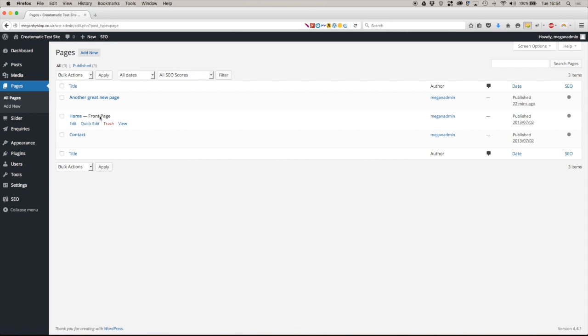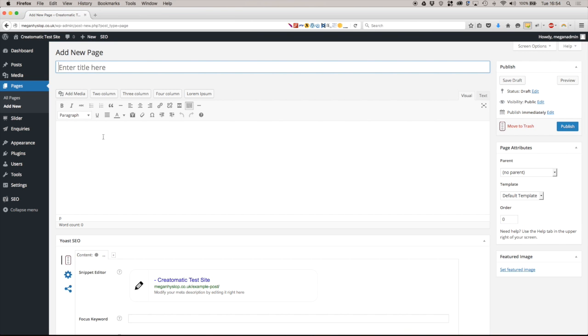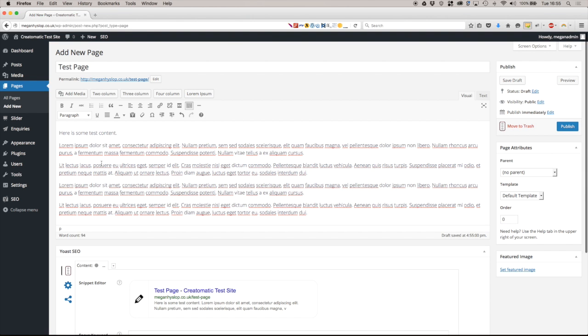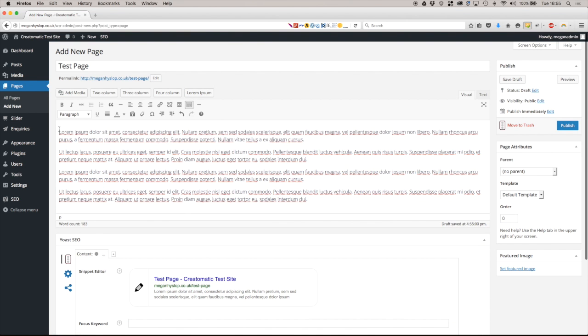To start off, we'll add a new page, and it's dead simple. All you need to do is click on the Add New section to bring up the new page editor. You put the title of your page in here, test page, and you put your content into the editor section here. Here is some test content. We've got a little system here that lets us quickly drop some dummy content in, so we'll drop that in place. And there is a later video where we talk a bit more about using various sections of the WordPress editor,